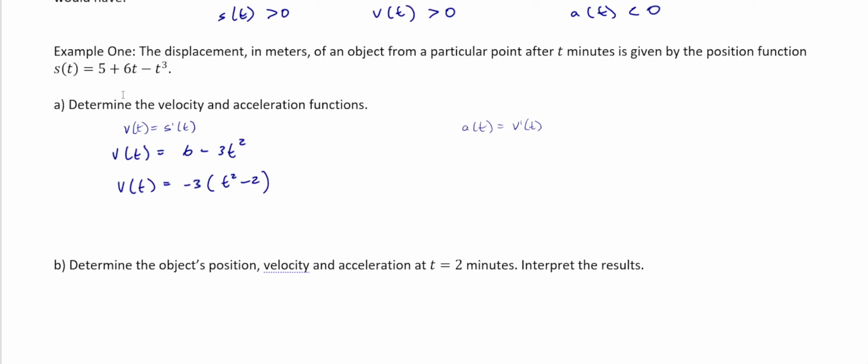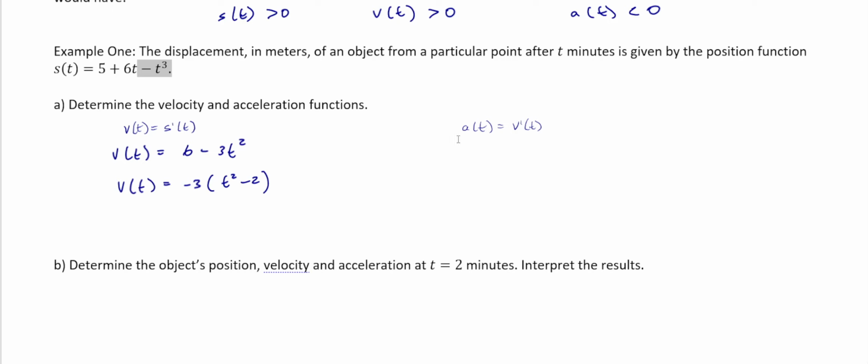Okay, so here it is. If you take the first derivative of 5, that's going to be 0. Take the first derivative of 6t, that's just 6. And take the derivative of negative t cubed, and that's negative 3t squared. You can see that you can factor out a negative 3, and you end up with this for the velocity